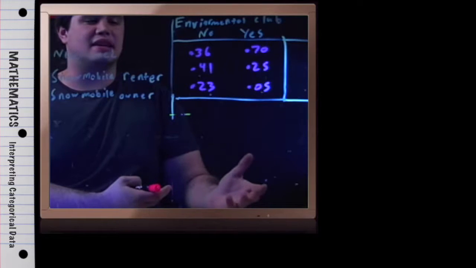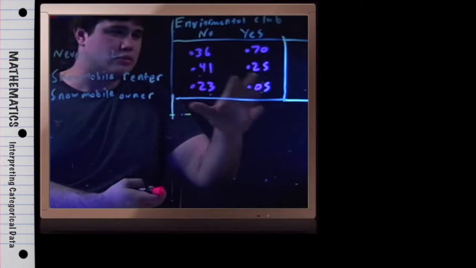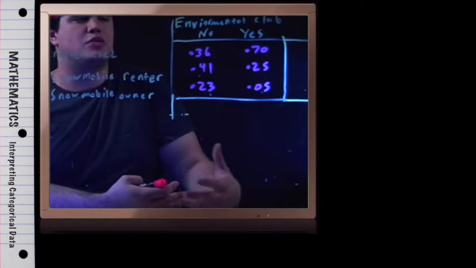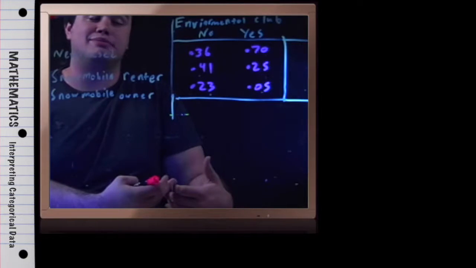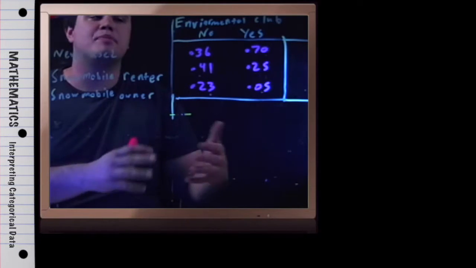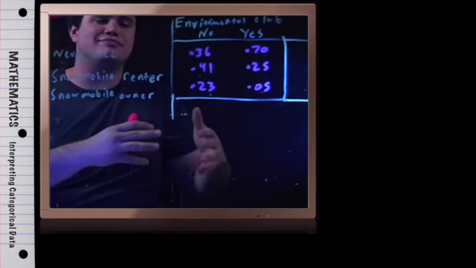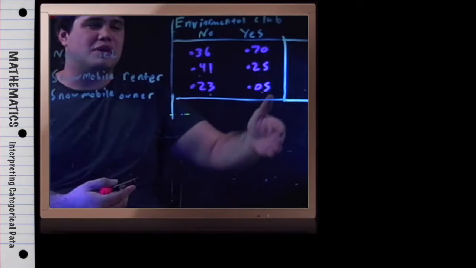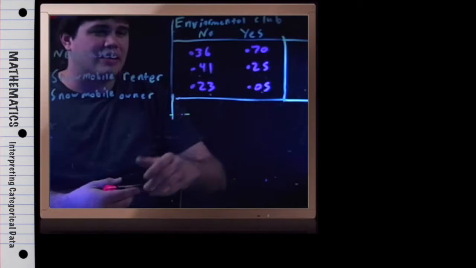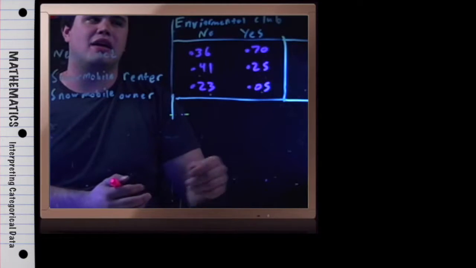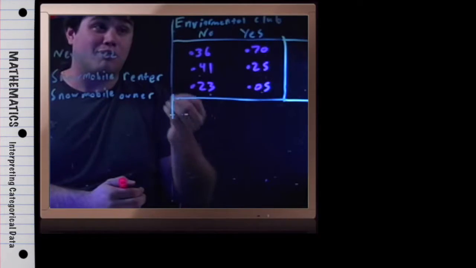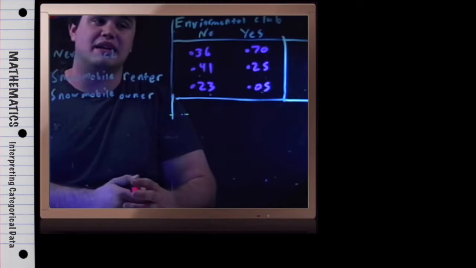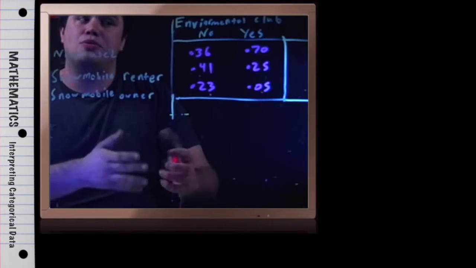So what I see here, just by kind of looking, is the obvious connection that one would go into this problem thinking: you would think that somebody who's more environmentally friendly, or a member of the environmental club, would be a little more not into the idea of owning a snowmobile or even using one. And you can definitely look right over here in this second column and see that really big here. In the column where we look at the members of the environmental club and their proportions, we can see that 70% say they never used it, as opposed to the 36% of the people who are not members